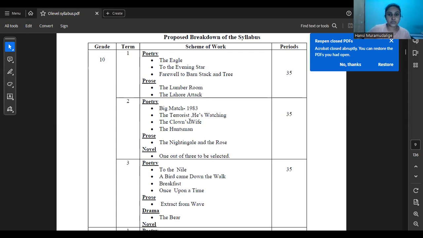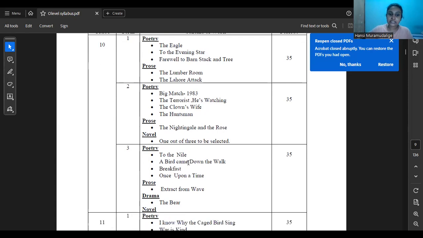And okay, so in the second term, we are going to start 1 novel. We are going to select 1. So I'm selecting The Vendor of Sweets. And in the third term, you have again 4 poems, 1 prose, and a drama,